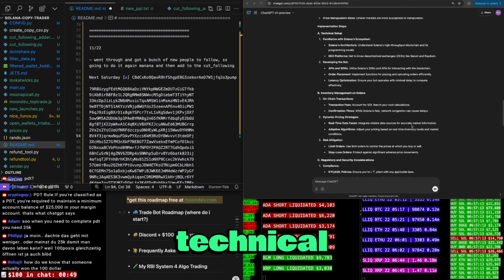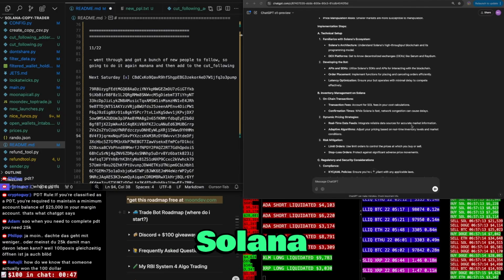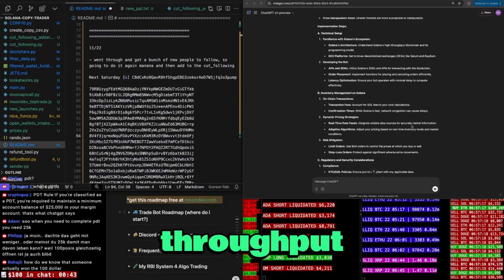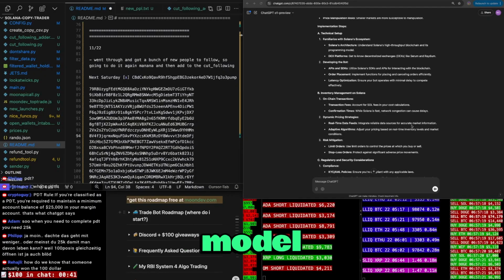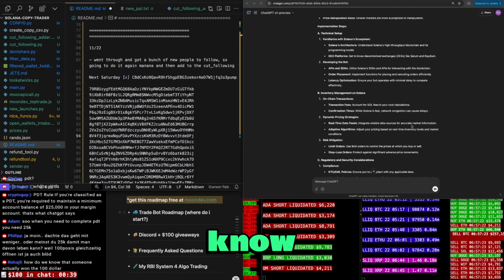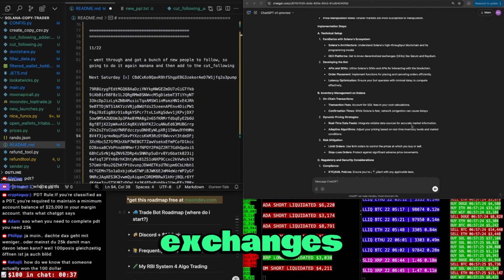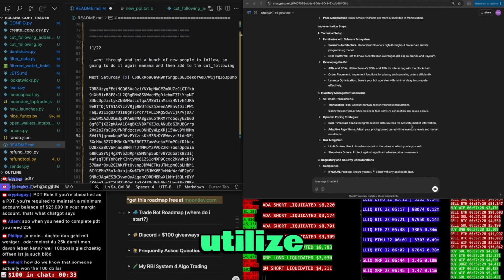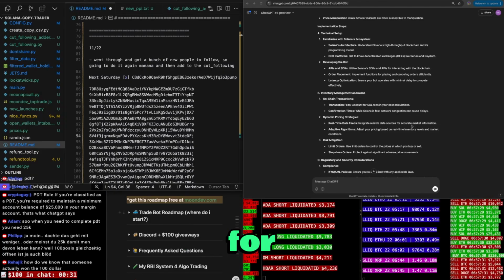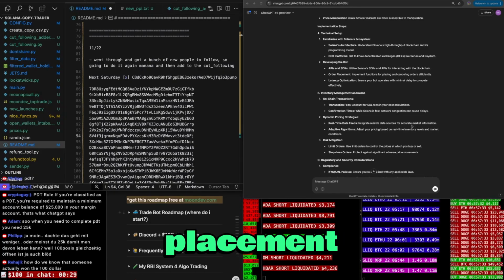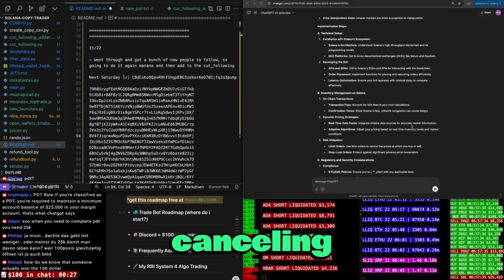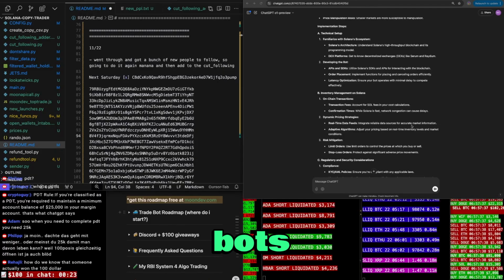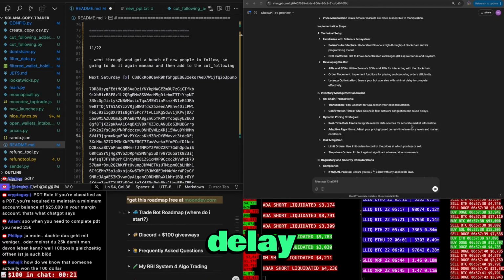Implementation steps, technical setup. Familiarize with the Solana ecosystem, Solana's architecture, understand Solana's high throughput blockchain and its programming model. DEX platforms, get to know decentralized exchanges, DEXs like Serum and Raydium. Developing the bot, APIs and SDKs, utilize Solana's SDKs and APIs for interacting with the blockchain. Order placement, implement functions for placing and canceling orders efficiently. Latency optimization, ensure your bot operates with minimal delay to complete